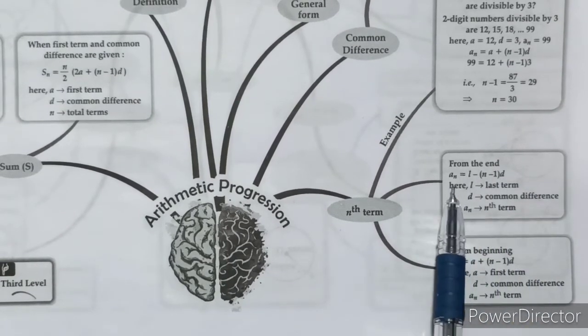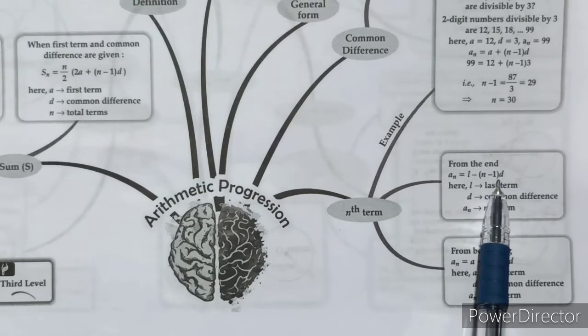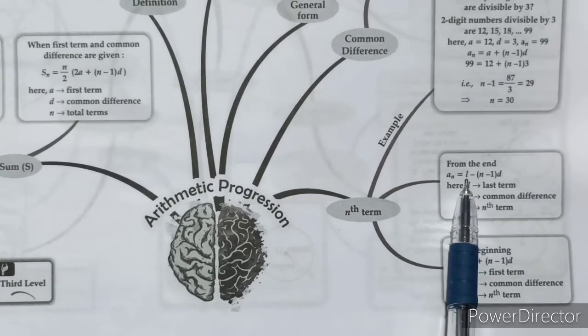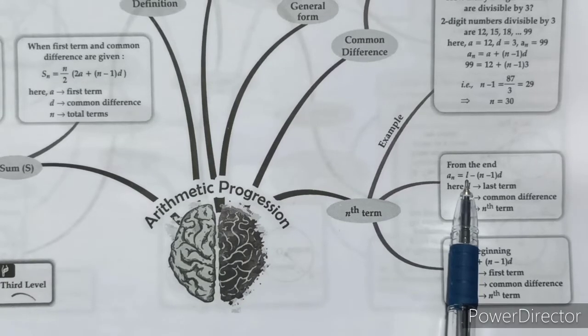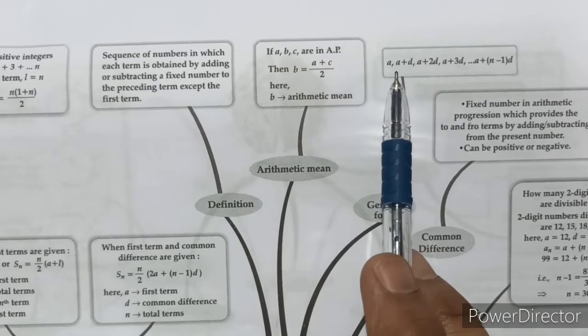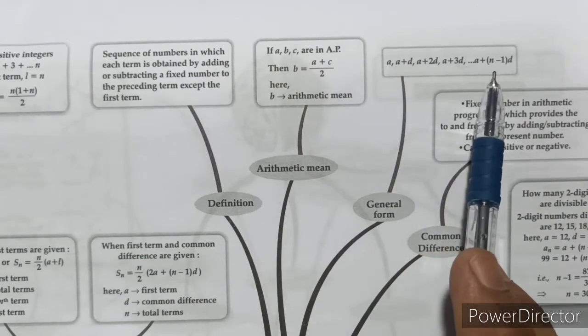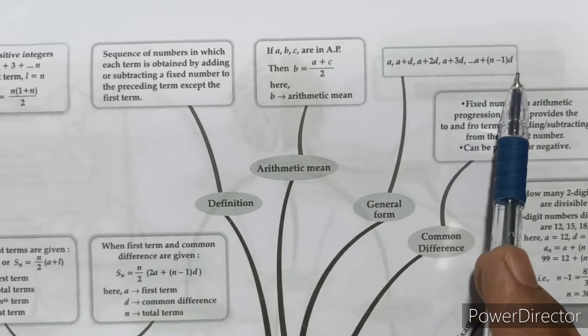फ्रॉम द लास्ट, अगर लास्ट एंड से टर्म निकालना है आपको, कोई सी भी लास्ट से 5वीं टर्म, लास्ट से 50वीं टर्म अगर निकालना है तो उसके लिए फार्मूला होता है an = l - (n-1)d। मतलब फर्स्ट टर्म की प्लेस पे एल हो जाता है। यदि हम एपी सीरीज की बात करते हैं तो एपी सीरीज बनती है a, a+d, a+2d, a+3d एंड लास्ट टर्म बन जाती है a + (n-1)d, कंप्लीट हो जाती है।